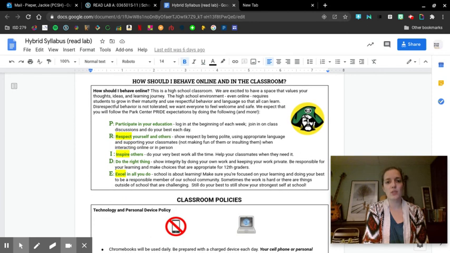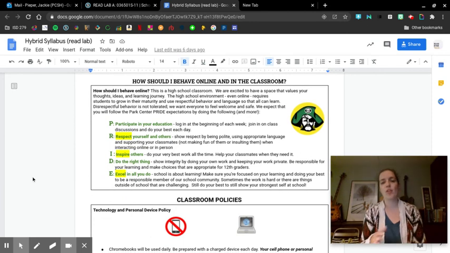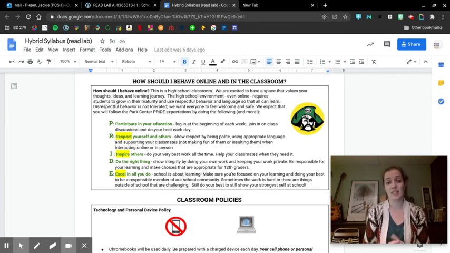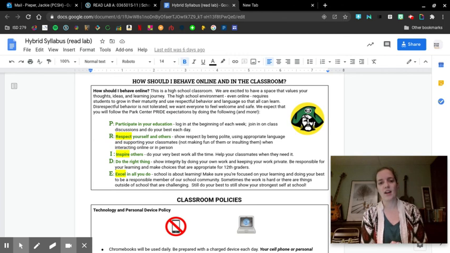This is just our expectations for the classroom, both on the internet and in person. I've highlighted 3 things here: respect, inspire, and excel. Those are 3 things that I have pulled out specifically for ReadLab, to look at a little bit more, and the kids will help us. We'll work on creating some classroom rules and some online rules so that when we get to hybrid, we focus on those 3 Pirate Pride words.